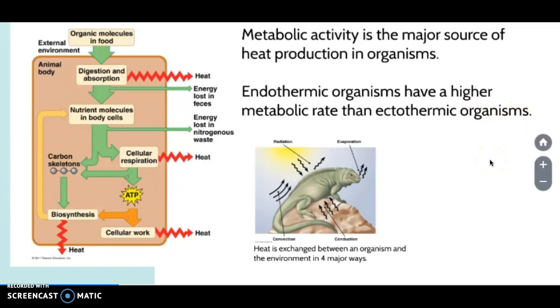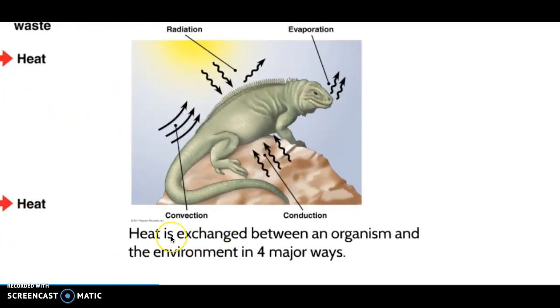So you can measure metabolic activity by measuring how much oxygen intake is done within a certain amount of time, how fast you breathe. For endotherms, we breathe a lot faster, and we take in more food, and we break down that food, and we do a lot more work in general in our body in order to support the body temperature that we need. In this picture, it shows you there are 4 types of heat exchange between an organism